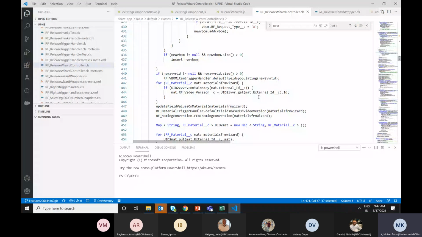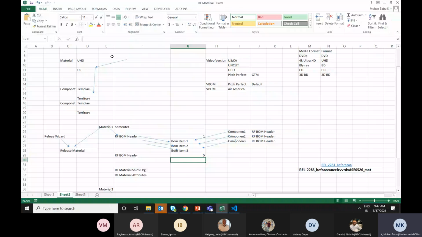So this is all about this application: how the release is created, how materials, video versions and BOM items are created.